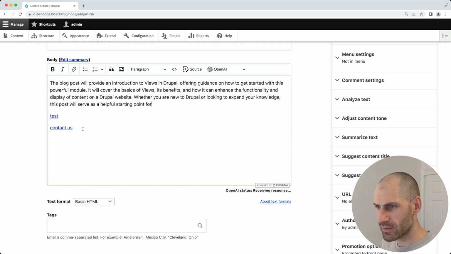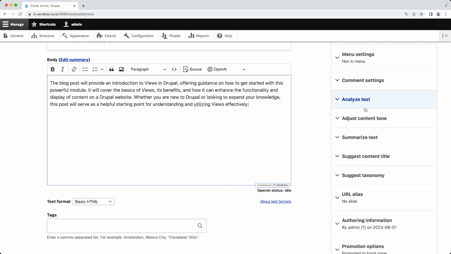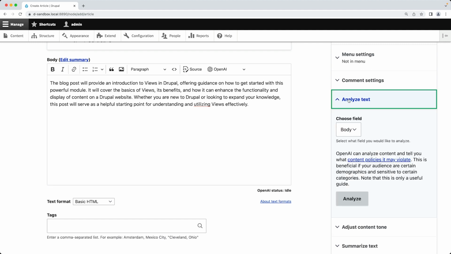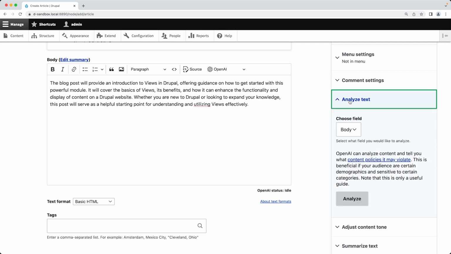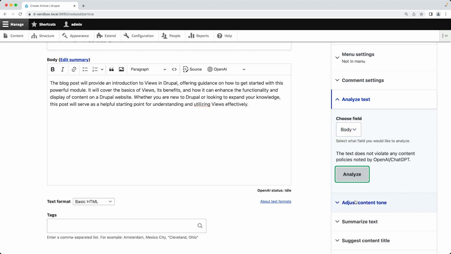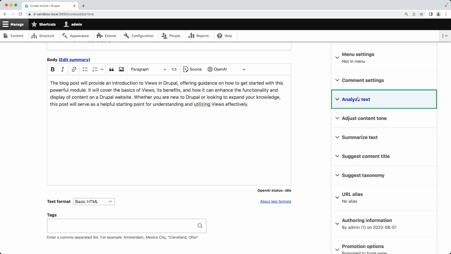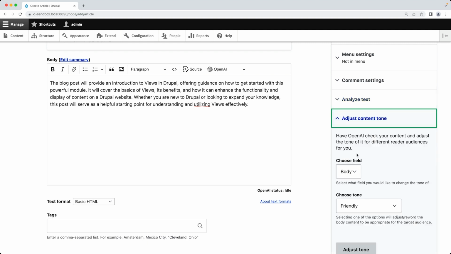All right, and let's also remove these links. And then here on the right-hand side, we have extra tools. Now, these options are provided by the OpenAI content submodule, and this allows you to analyze text. So we can select a field. So let's select body, and it'll go ahead and analyze the text. And it'll tell us that the text does not violate any content policies, which is great. Not really sure what that does, but anyway, yeah, that's good. Then we have